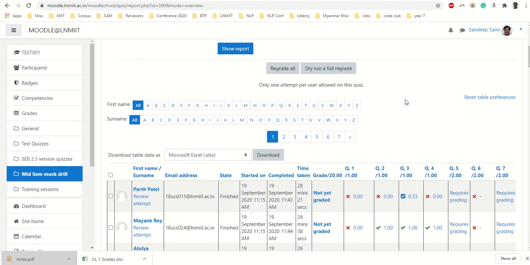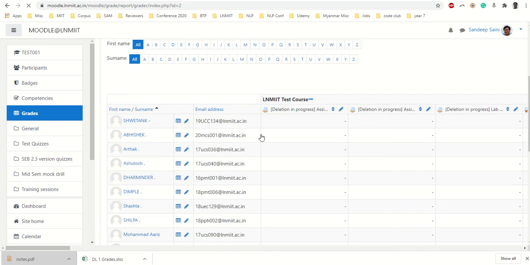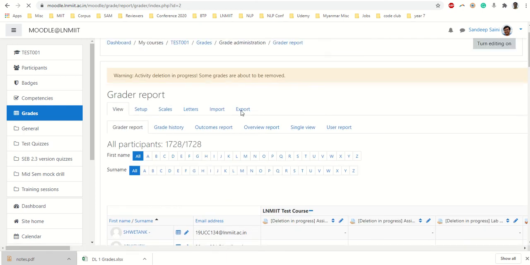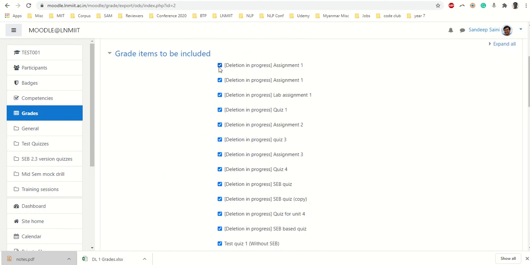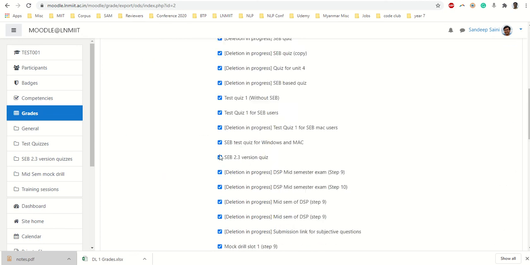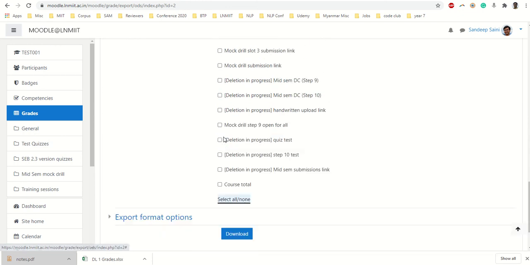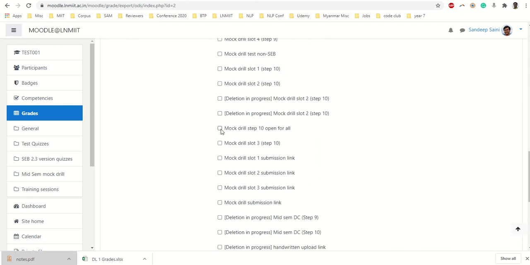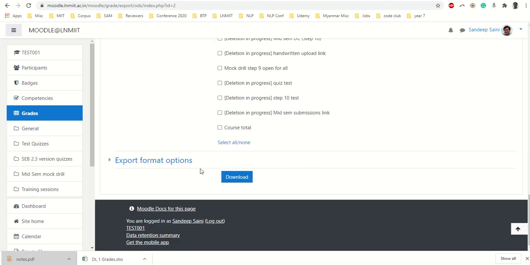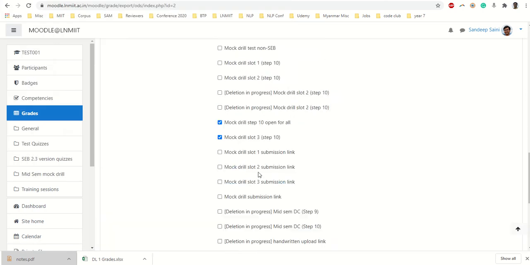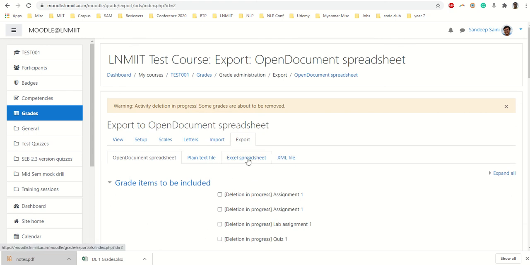If you want a single Excel file, then you go to grades, and here you decide I am going to export, and what components do you want to export. So there are so many components in my course, and let me say I am exporting only these two, and you click on download. Okay, before that you need to select the Excel format as well.